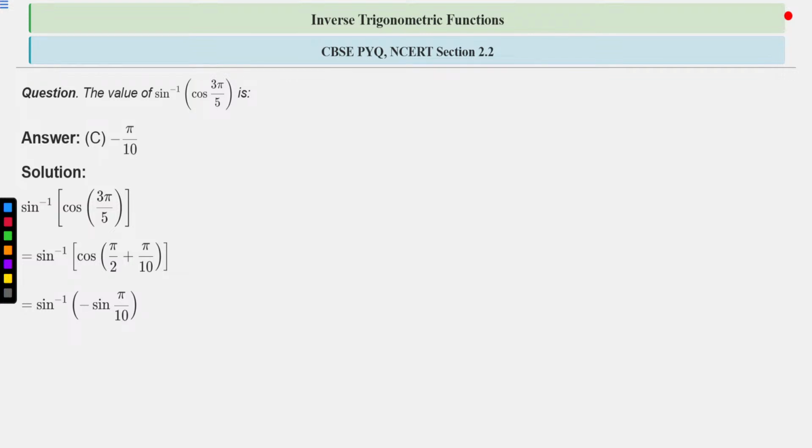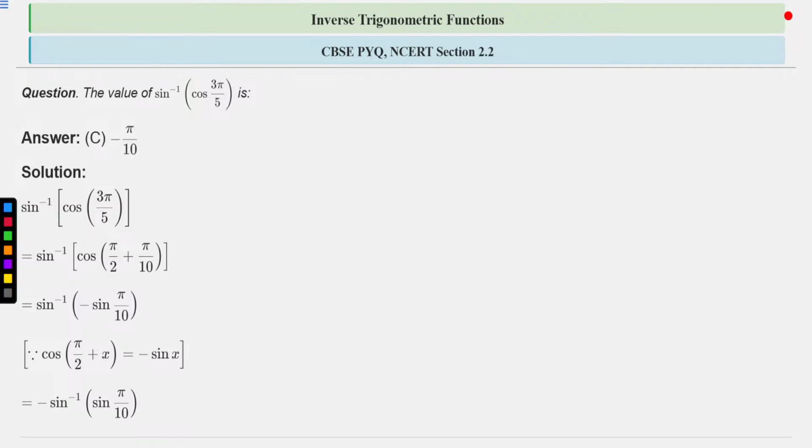Cos of pi by 2 plus theta is basically minus sine theta. So it will be sine inverse of minus sine pi by 10, right? Because we know that cos of pi by 2 plus x is equal to minus sine x. Clear? Therefore, sine inverse of minus sine pi by 10 will be equal to sine inverse of sine of minus pi by 10, because we know that sine of minus theta is basically minus sine theta, right? Clear? Therefore, we can write minus of sine inverse